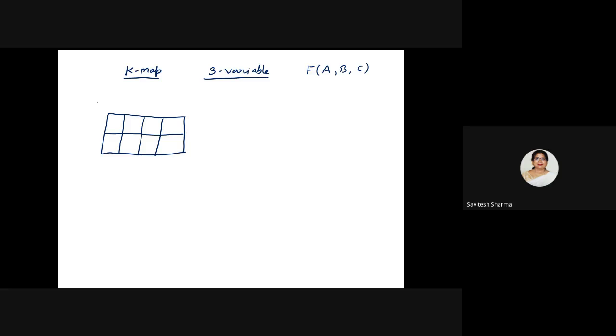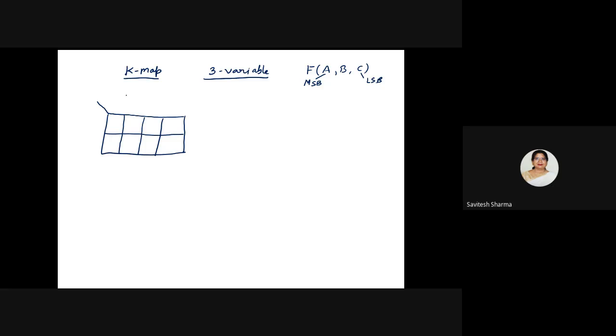And then what will you do here? You will draw a line in the corner and you will write the variables. So you have the sequence A, B, C. What this sequence is telling me is that C is LSB and A is MSB. Please be careful while taking the variables. If you take A as MSB and C as LSB, based on that I will write the decimal equivalent. So the sequence is very important.